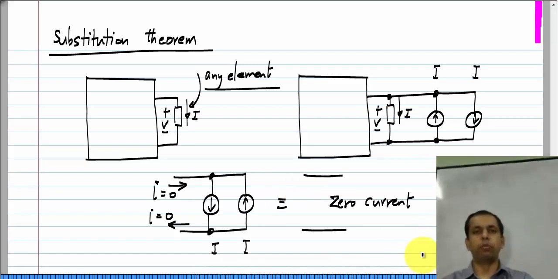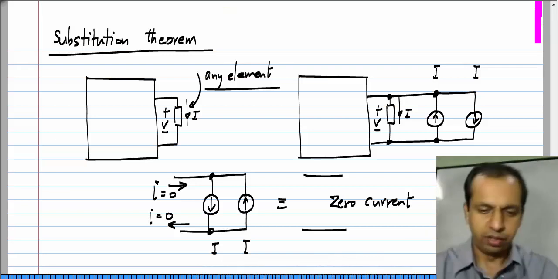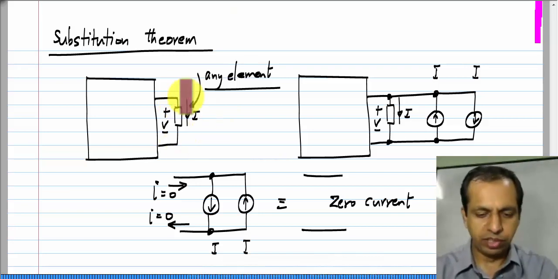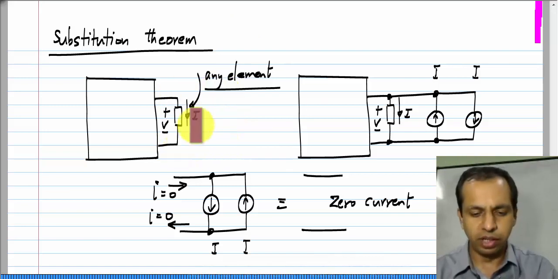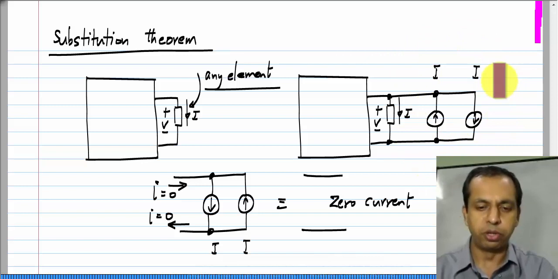All I am saying is I will connect an open circuit across the element, and obviously, that will not change anything in the circuit, because I have this element, and to say that I connect an open circuit across it means that I have really not changed the circuit in any way. This is just a fancy convoluted way of showing an open circuit, but there is a point to it,